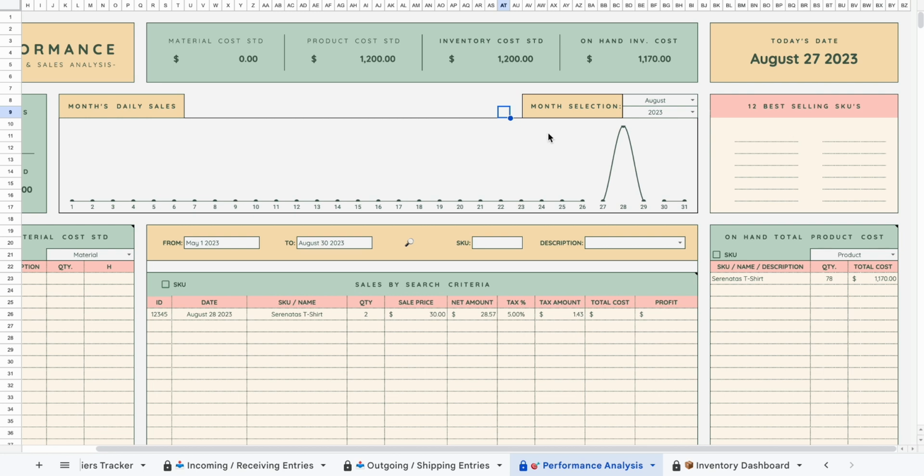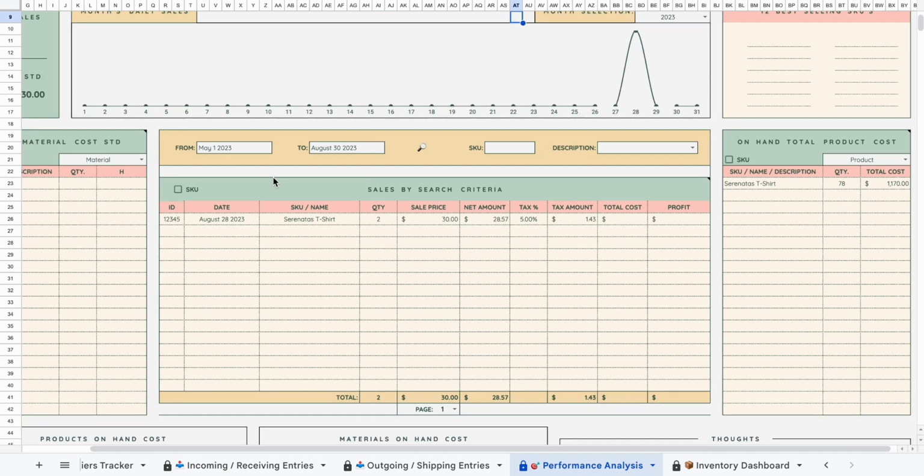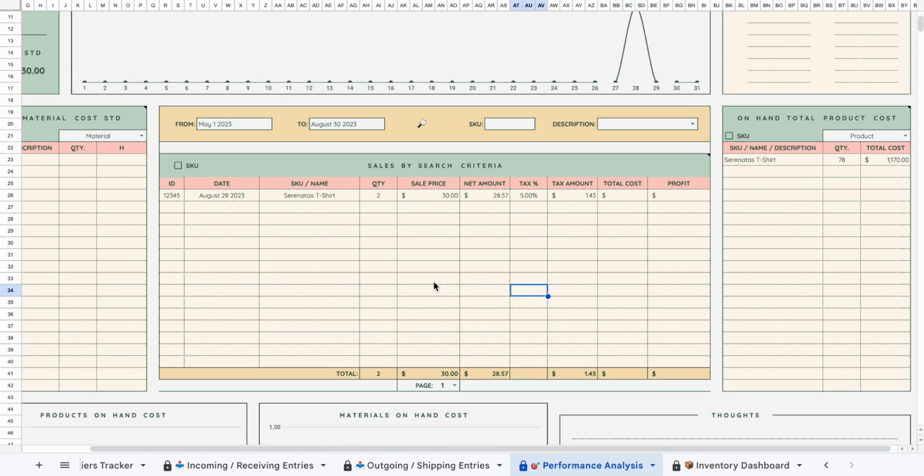Directly below the graph, behold the Sales by Search Criteria board. With 4 search criteria at the helm, you can fine-tune your data. Assign a date range, an SKU, or a product from the drop-down list. Mix and match these criteria to unveil the sales that matter most. Pagination at the bottom lets you seamlessly navigate through up to 10 pages, revealing a wealth of information in a